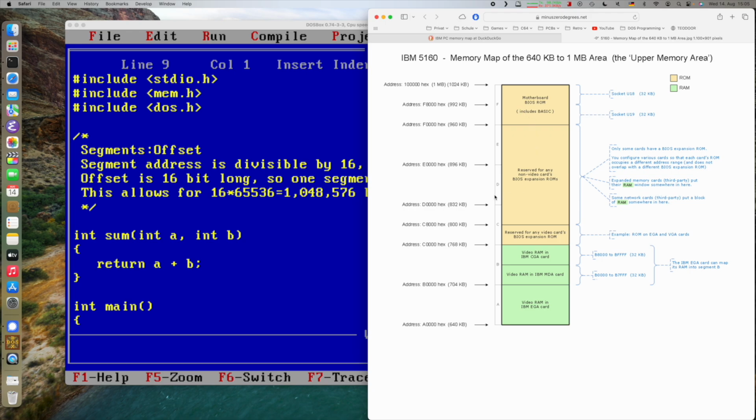So that's something that you should know. And you also see that the address here is written in an interesting fashion, like F8000. And this is actually not quite how addresses work if you're programming under MS-DOS, because the 8088 and 8086 use something